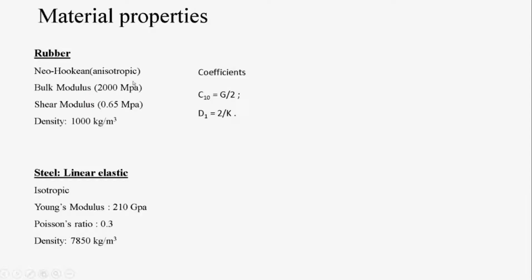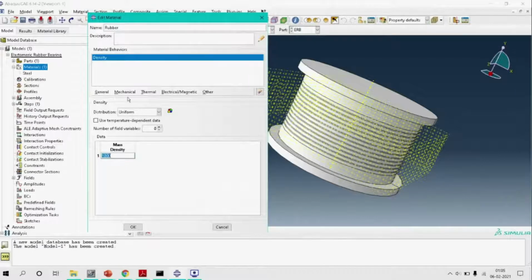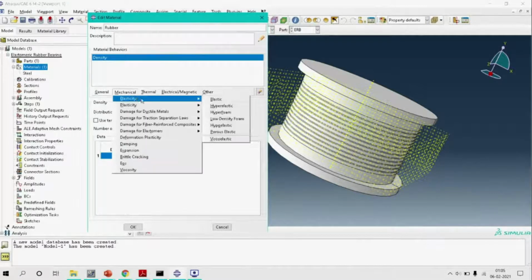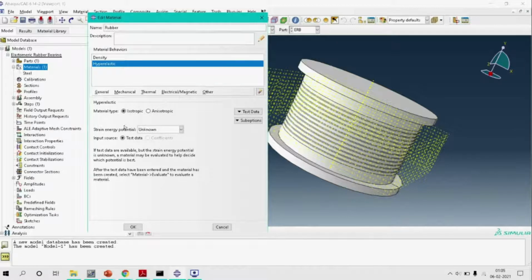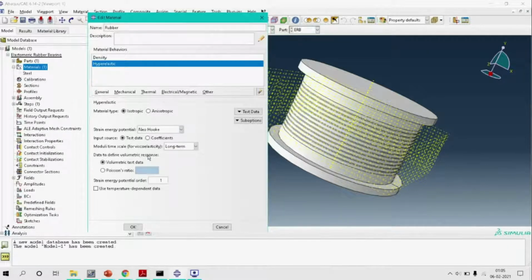Now it is to be given properties according to Neo-Hookean and isotropic properties. In Abaqus we have this property by default: elasticity. We can go to Hyperelastic, and here we have the option of Neo-Hooke. We can select it.